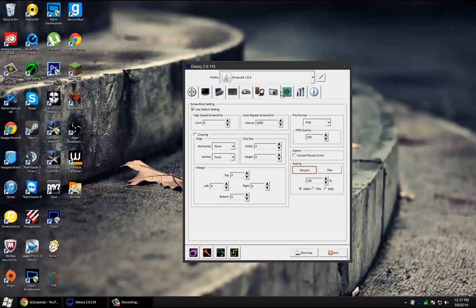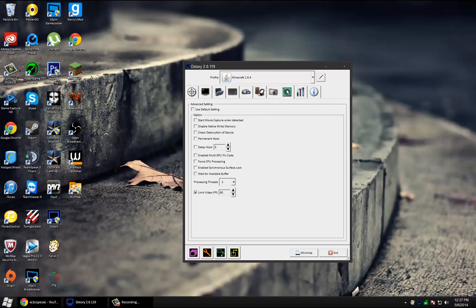And the next tab is the screenshot tab. You can just leave this at percentage 100, PNG, and JPEG quality 100. This is basically really basic. There's nothing really here unless you want to take screenshots all day. For advanced,